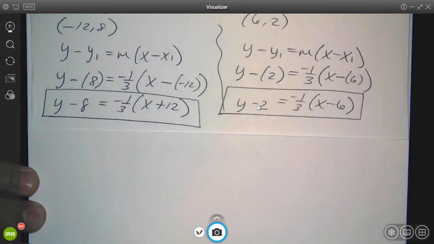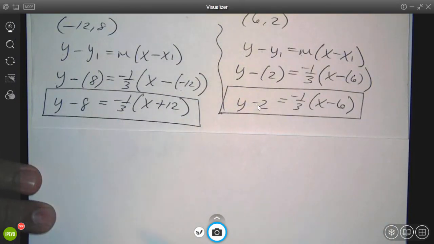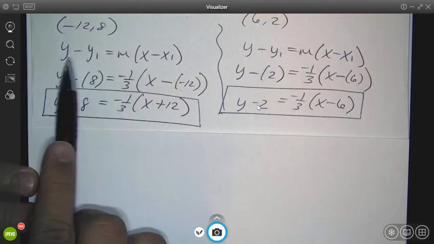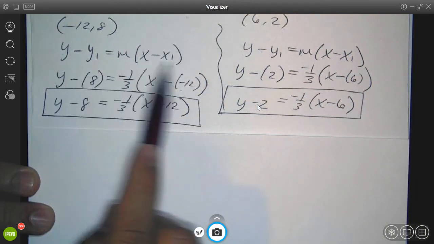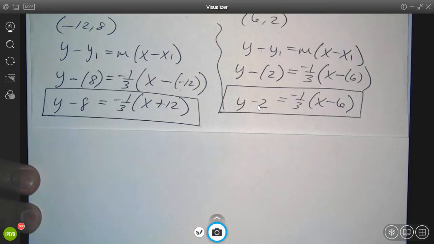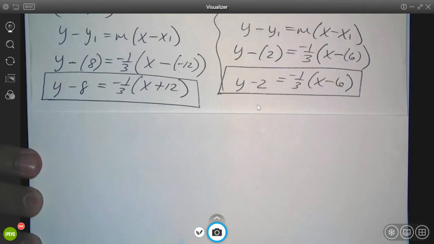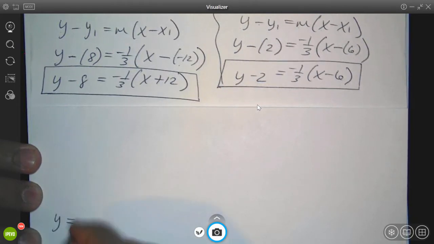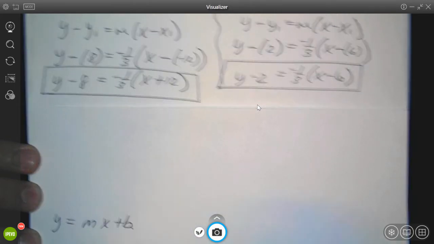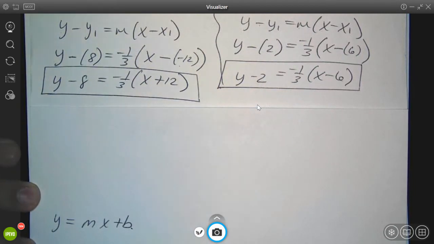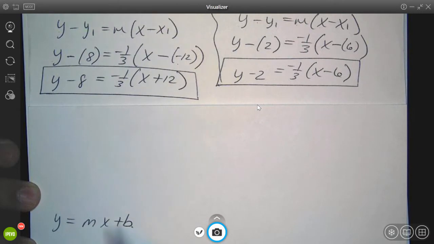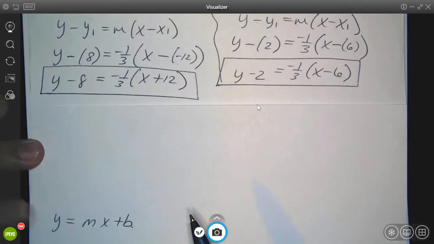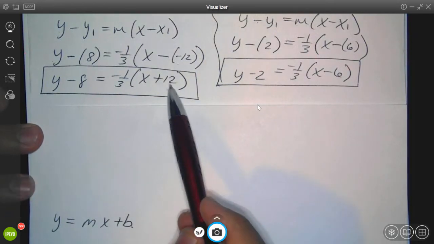So the first thing we want to do is, all right, notice how we went from point slope, y minus y1 equals m times x minus x1. Now, we're trying to get into y equals mx plus b. Now, unfortunately, we just can't substitute information, right? Yes, we can plug in the m for negative 1/3, but it is really difficult for us to find the b, right? So our best option here is to just work from this and convert it into this,